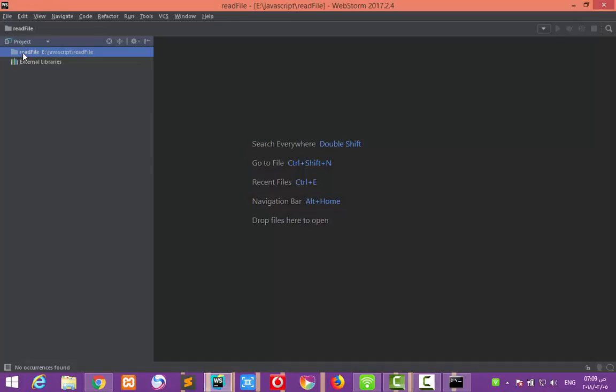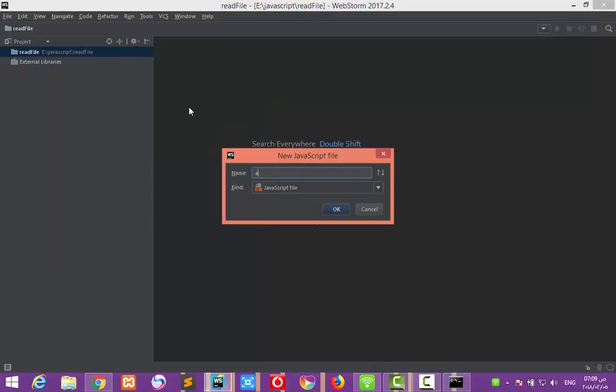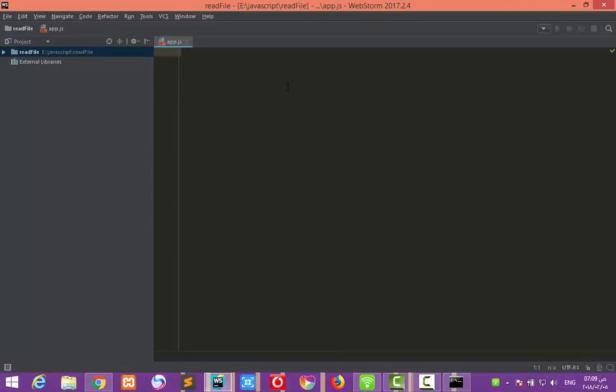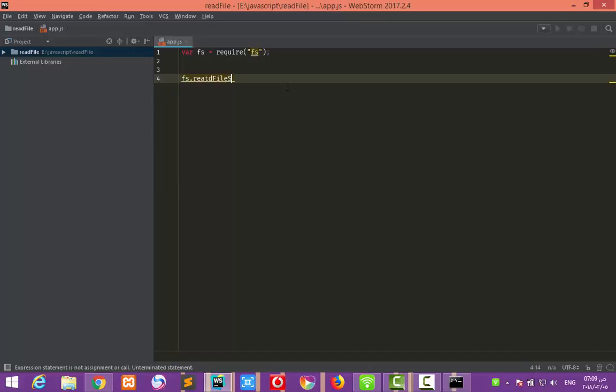First of all, I will navigate to this empty folder, and inside it I will create a JavaScript file called app.js. First of all, I will require the fs module, so I will define it as a variable called fs and require the built-in module with the require function and just write fs. After that, the function called fs.readFileSync,